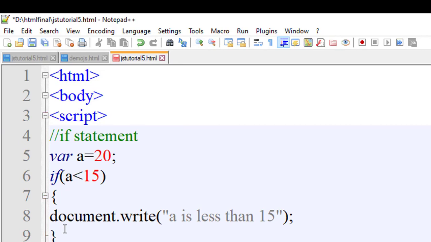This one is all about the if statement, but if you want the if else statement, if you want the else part, if the value of a is less than or greater than, then what will happen? You will execute the else part, because this statement is written for the less value, but we didn't write anything for the greater value.